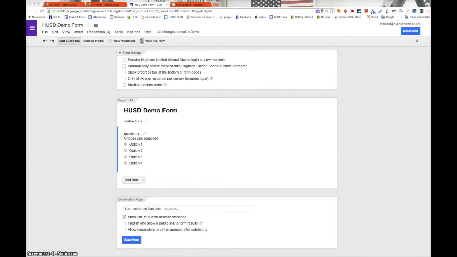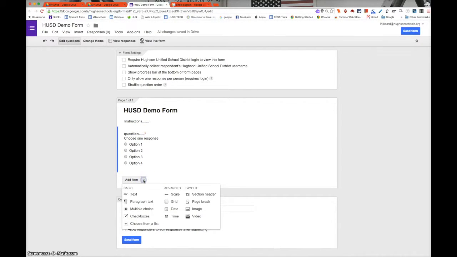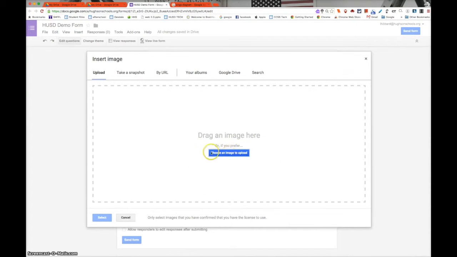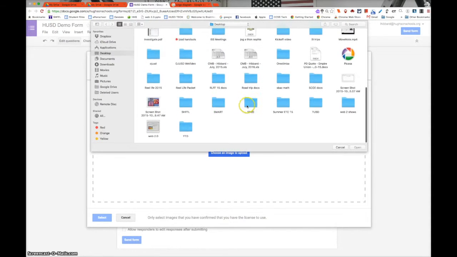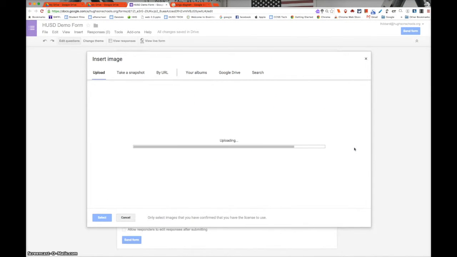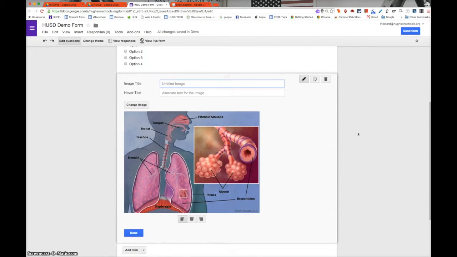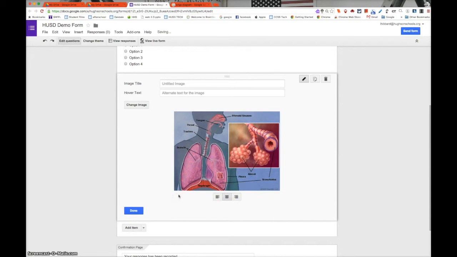Another cool option about forms is my ability to bring in media, which is a huge component of that new SBAC exam. So let's say after my first question here, I want to add an item, but I want that to be an image that maybe I'm going to ask a question about. So here you can see that I can do a Google search for images, or if I've got an image on my computer that I want to use, I just simply go out, choose it, and stick it into the form. So now what I've got here, let's say in a science class, is an image of the respiratory system,